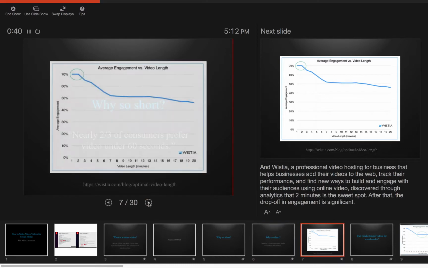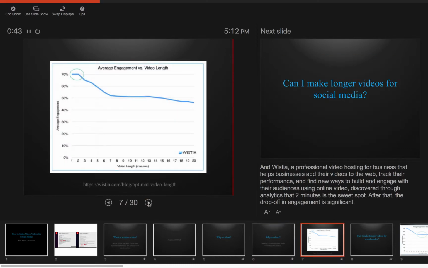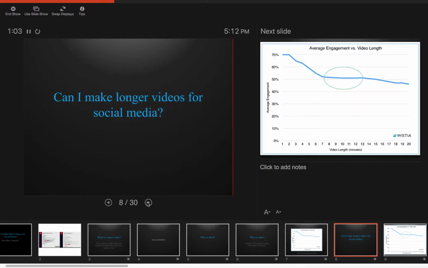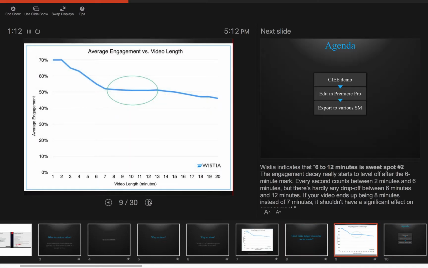Well, can I make longer videos for social media? Or am I restricted to just that 1 or 2-minute sweet spot? Wistia also indicates that 6 to 12 minutes is sweet spot number 2. The engagement decay really starts to level off after 6 minutes. But there's hardly any drop off between 6 minutes and 12 minutes. If your video ends up being 8 minutes instead of 7 minutes, it shouldn't have a significant impact on